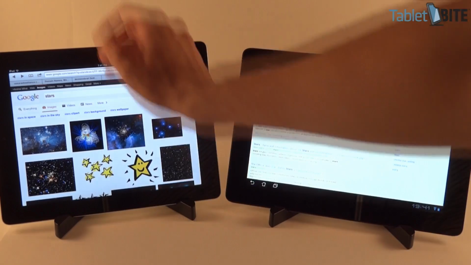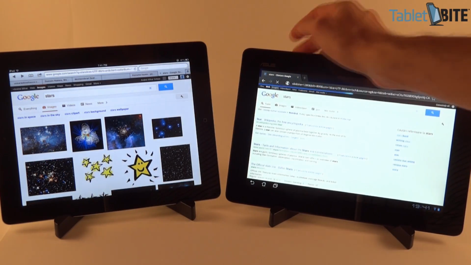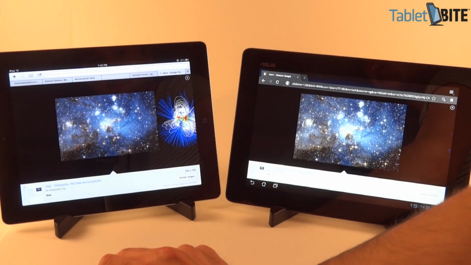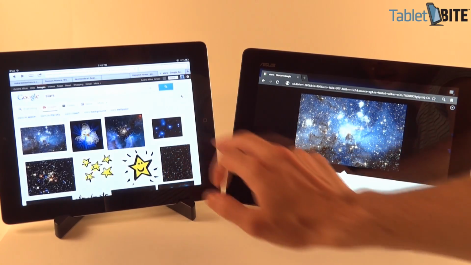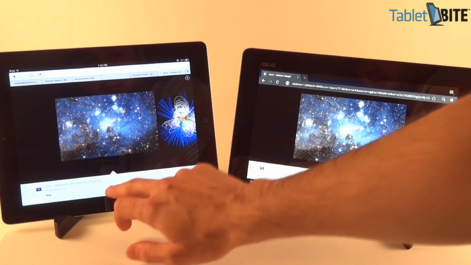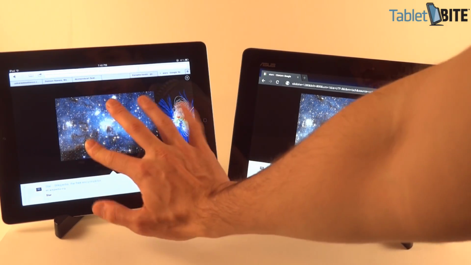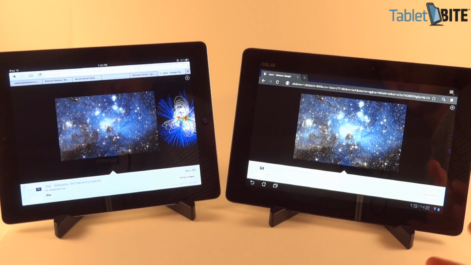Perhaps we could try another image. I don't know, maybe this one. Yeah, this one. I don't really like this new image carousel from Google. Don't really know how I can get this picture full screen. I can't get to zoom on it. Okay, but you can see that